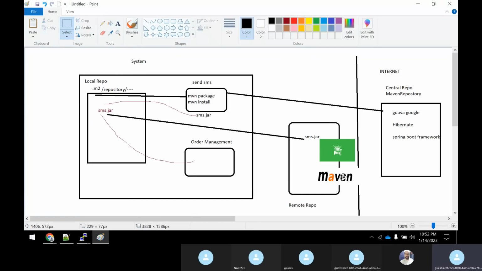So as part of our learning, I will try to cover both of these. To set up your own remote repo, you can do it either through Maven or through JFrog. JFrog is more popular than Maven because JFrog can keep an artifactory for different languages. For example, you can keep Java repositories under JFrog, C++ repositories, and Python repositories under JFrog. JFrog supports multiple languages, whereas the Maven repo only keeps Java-based projects. It cannot keep artifacts for other languages.